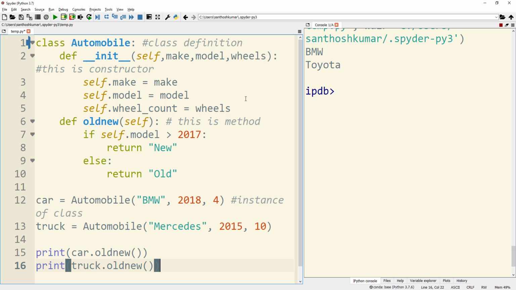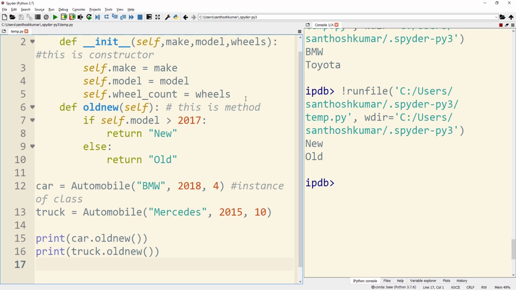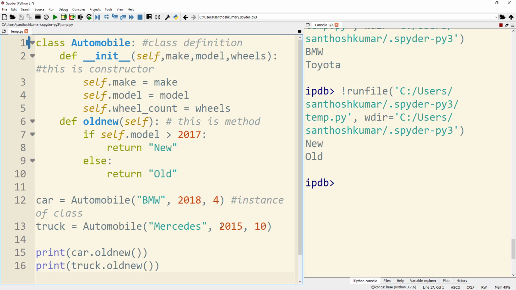And as you can see, the model for car is 2018, which is greater than 2017, and so you are seeing the word new, and the model of truck is 2015, so the else clause is executed and you are seeing the word old as part of the output of this method.